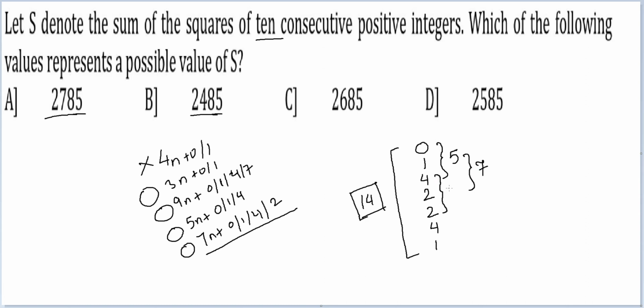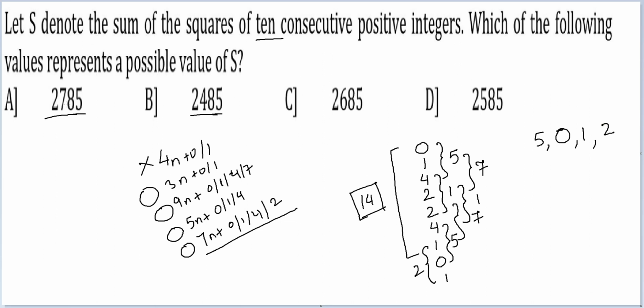Can be these 3. So you get 1 with 7. You get these 3. You get 1 with 7. You get these 3. You get 7 with 7. You get 0 here. For these 3, you would get 5 with 7. And you get 1. And you get 2 with 7. So the possible remainders with 7 for 10 consecutive natural numbers could be either 5 or 0 or 1 or 2. These are the only possible cases.